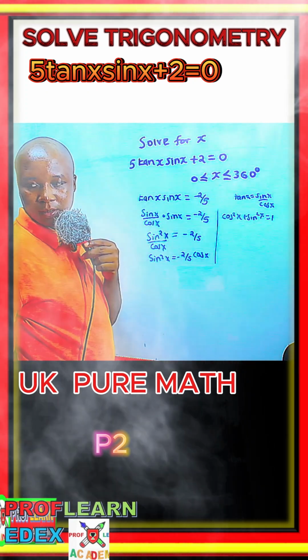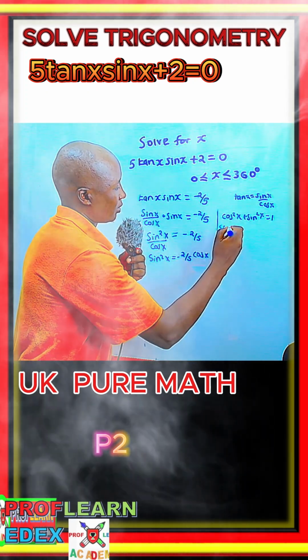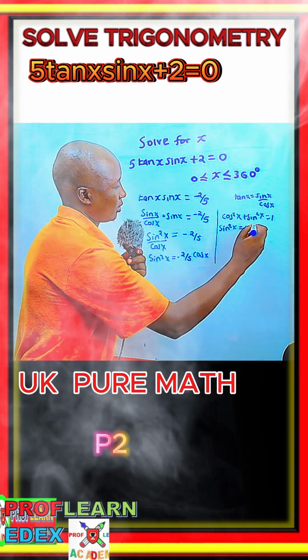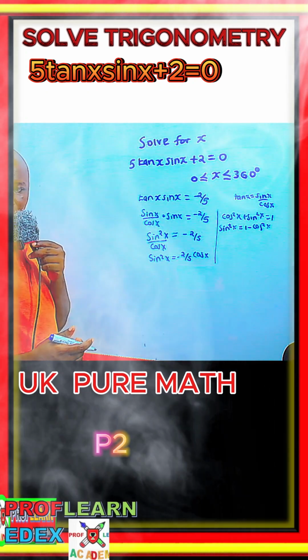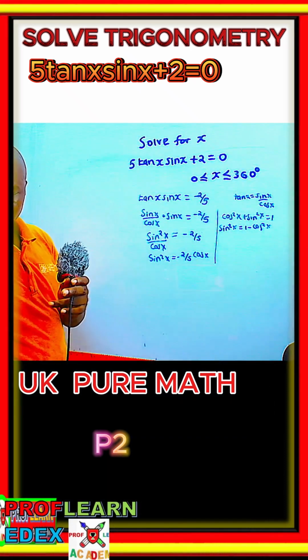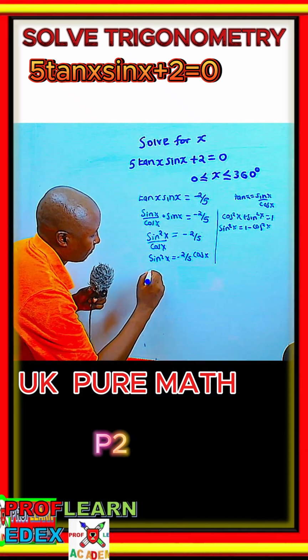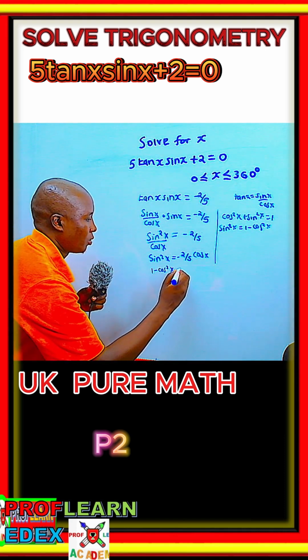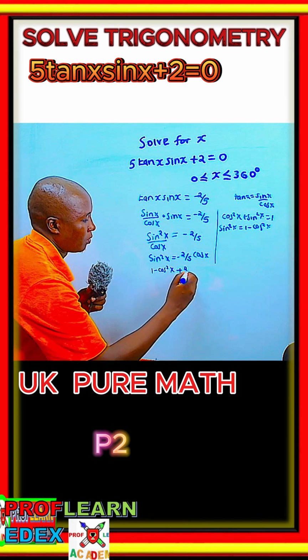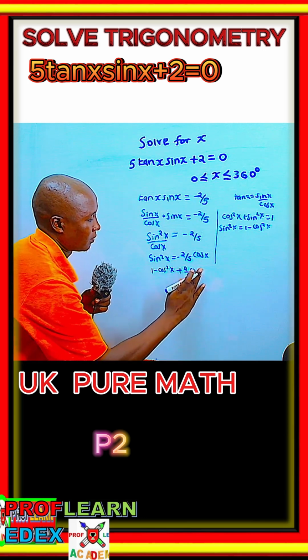So with that, sine squared x is the same as 1 minus cos squared x. So this part we can replace with 1 minus cos squared x, and this will be plus 2 over 5 cos x